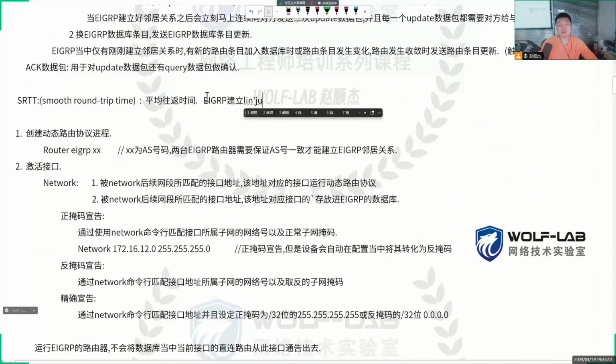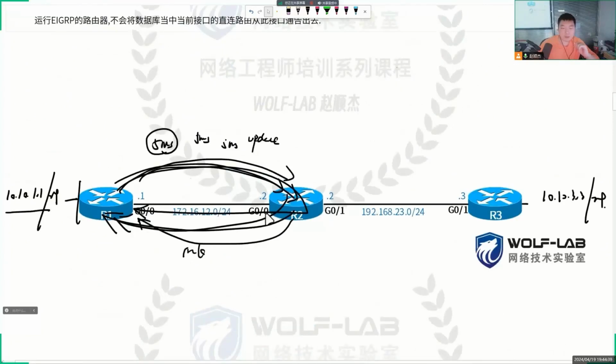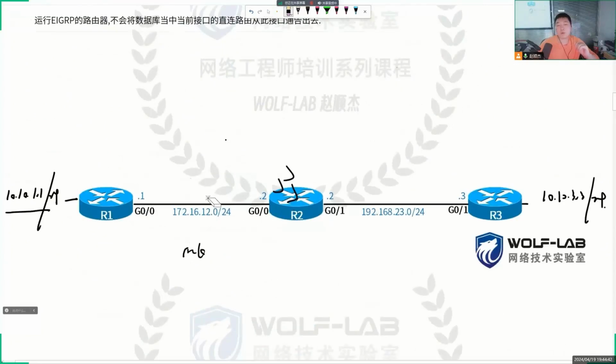EIGRP, when establishing neighbor relationships, sends 3 consecutive update packets while ensuring reliability, records the average time of 3 round trips. The purpose is simple, because our EIGRP, as a network layer dynamic routing protocol, cannot ensure the complete reliability of a 3-way handshake like our TCP transport protocol. We don't have things like source and destination ports, so definitely to ensure more security,